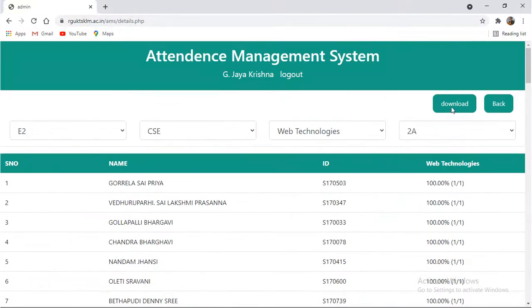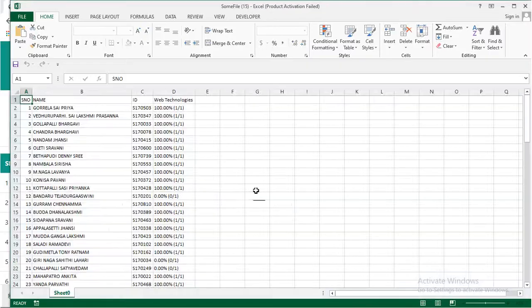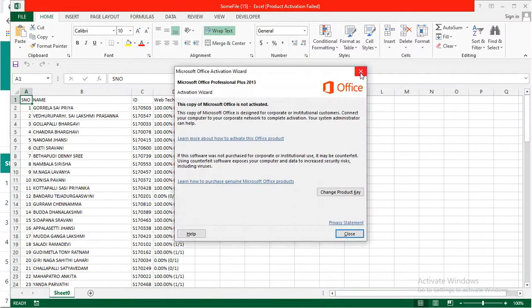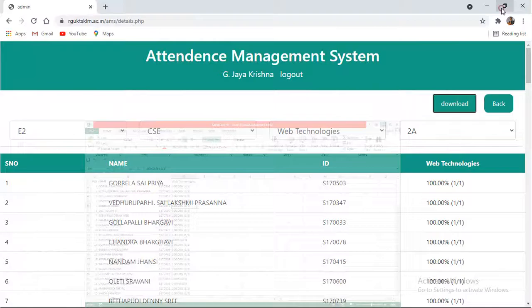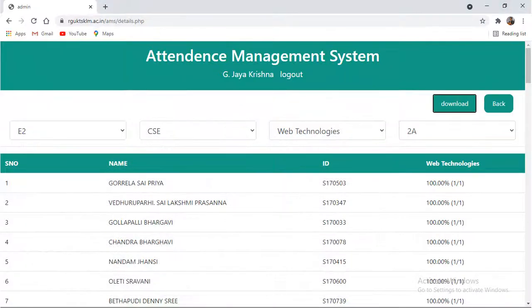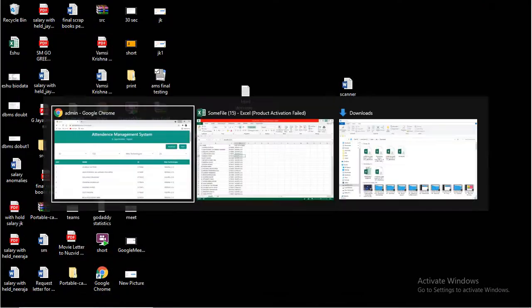If you wish to download, you can click on the download option. Click on open. Click on yes. Fine, it is automatically downloaded. If you wish to compare, for example, I am trying to compare whether my data is updated correctly or not.